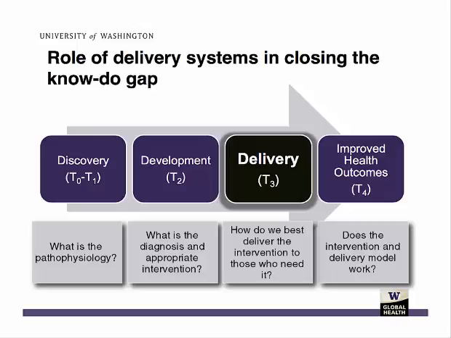And I've identified the box of delivery as a black box, or as some have called it, a black hole. It's a black box of delivery because health systems or delivery systems are very complex. We often don't know what are the drivers of effective delivery systems. The pathway towards improvement is not always very clear. But it's also a black hole because resources for health systems are seemingly endless, and we can put a lot of resources into improving health systems or delivery systems, and we're not exactly sure how to maximize those resources. But clearly, answering the questions about how do we best deliver interventions to those who need it, how to make delivery systems more effective, is essential in closing the know-do gap in global health.